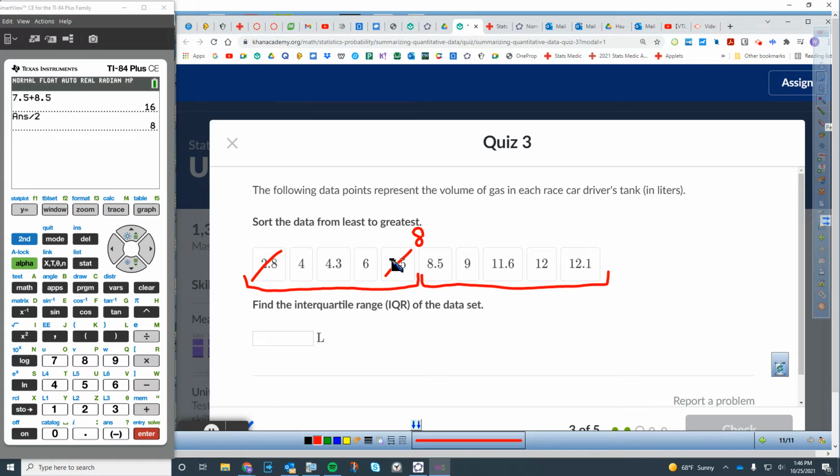So cancel this, cancel this, cancel this, cancel this. So the median of the lower half is 4.3. And there's a name for this. This is Q1. Now there's a name for median too, right? It's called the median, or we sometimes call it Q2. Okay, so Q1, first quartile, because a quarter is 25. So this 4.3 is actually 25%, the first 25% of the data, if you arrange it from